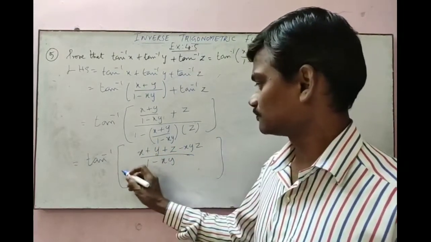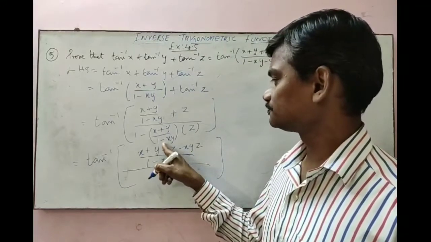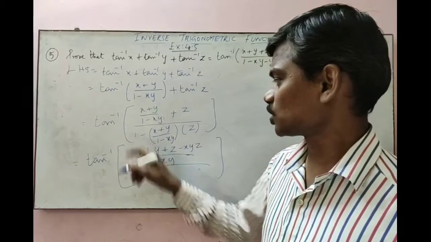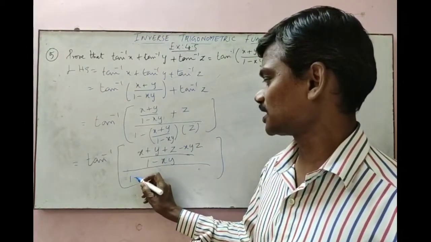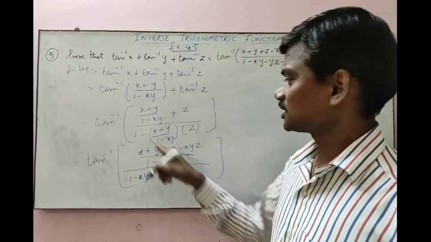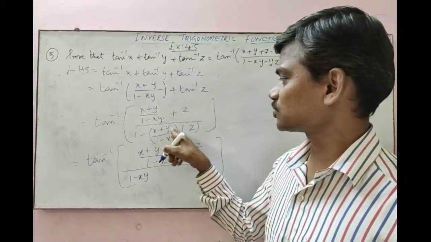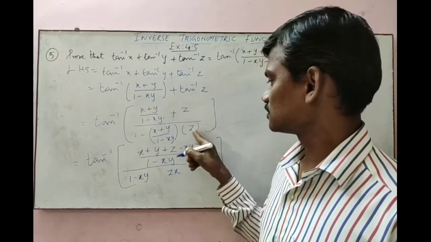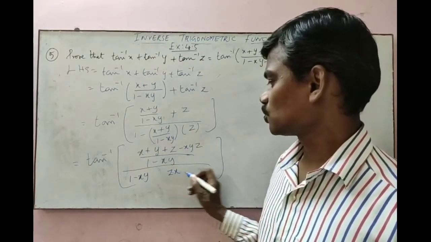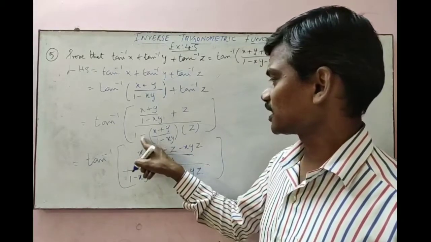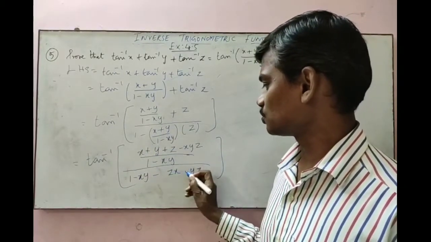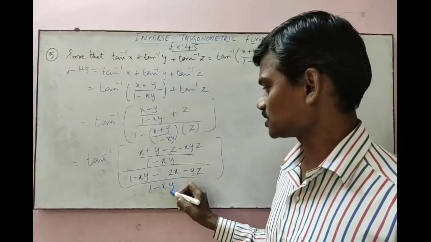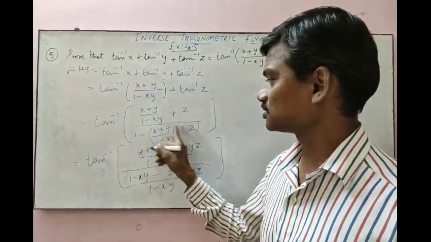Now the denominator, in this denominator I am going to cross multiply this 1 minus xy with this 1. So you will get 1 minus xy. Here I am going to multiply z with x and y. So z into x gives zx, y into z gives yz. Here we have negative, so both the terms become negative, minus and minus. Whole divided by 1 minus xy, which is the common denominator for these two terms.